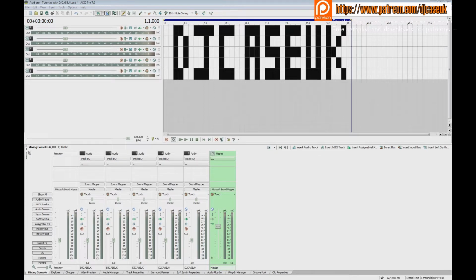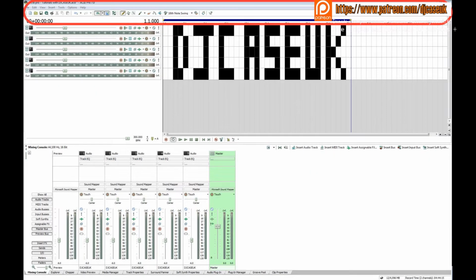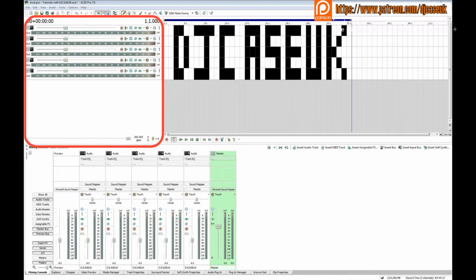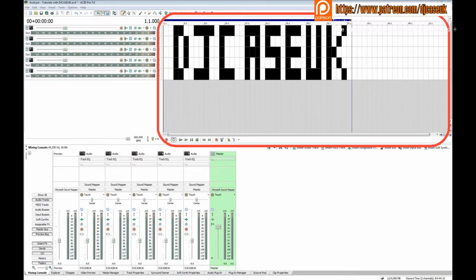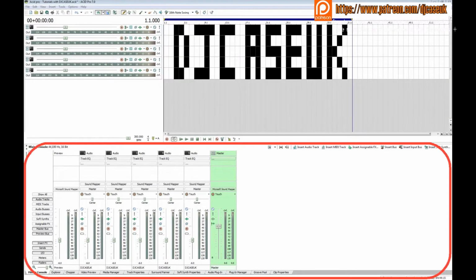The ACID window is divided into four main areas. At the top you've got the toolbar and the menus. On the left you've got the track list. On the right you've got the timeline, and then the window docking area at the bottom, which I'll explain in